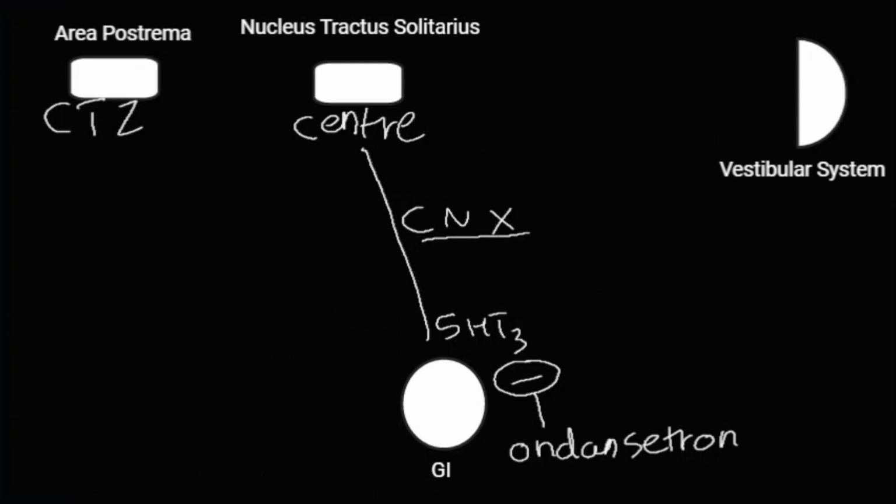All right, now let's move on to the vestibular system. Most people are familiar with how the vestibular system interacts with the vomiting mechanism, because if you think about it, motion sickness is essentially this, right? So you're going to have signals from here also coming to the nucleus tractus solitarius. And I'm sure you've already guessed what cranial nerve this is going to be. This is going to be cranial nerve 8,